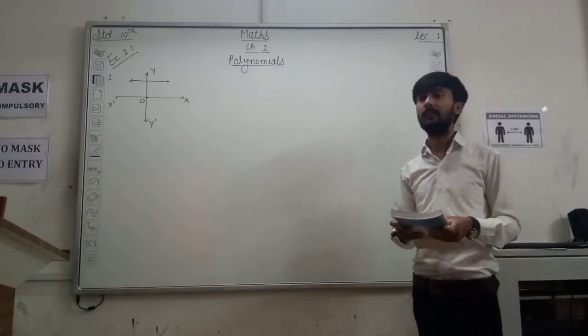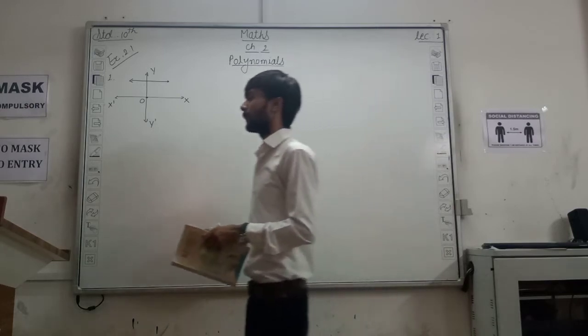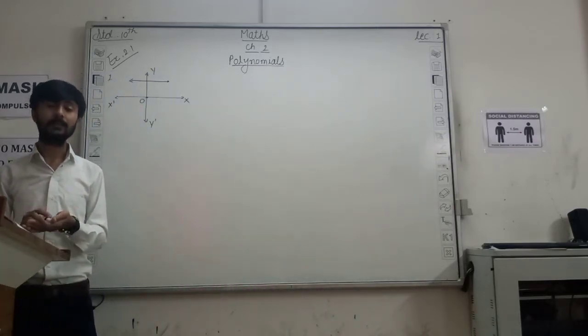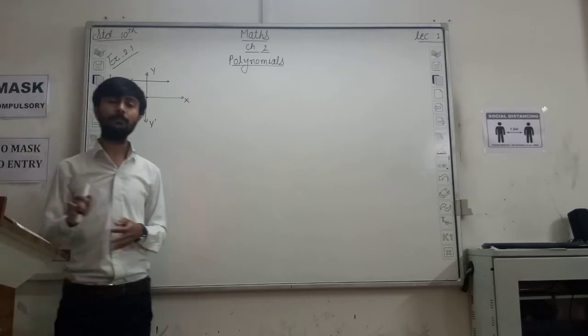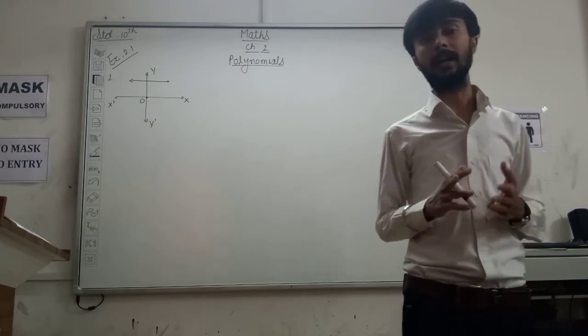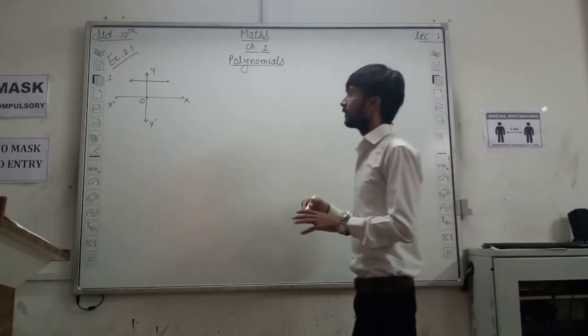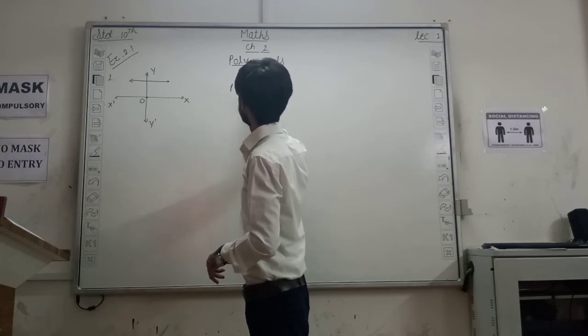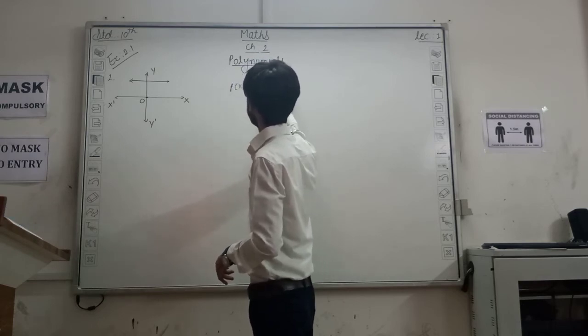Linear, right? You have studied this in 9th standard, and also in science. Linear means a straight line. The graph of any linear equation is a straight line. So here linear means the form p of x equals ax plus b.